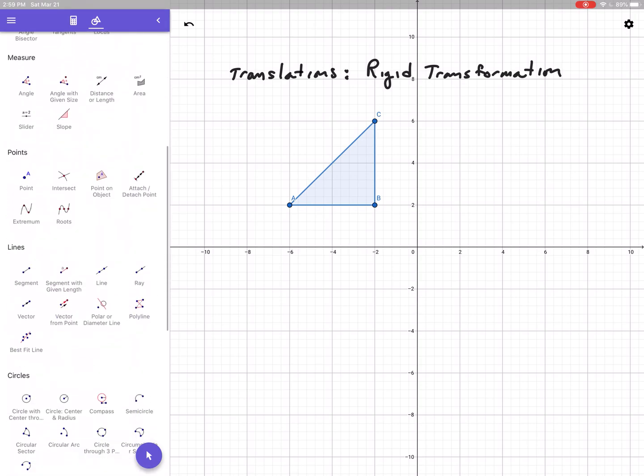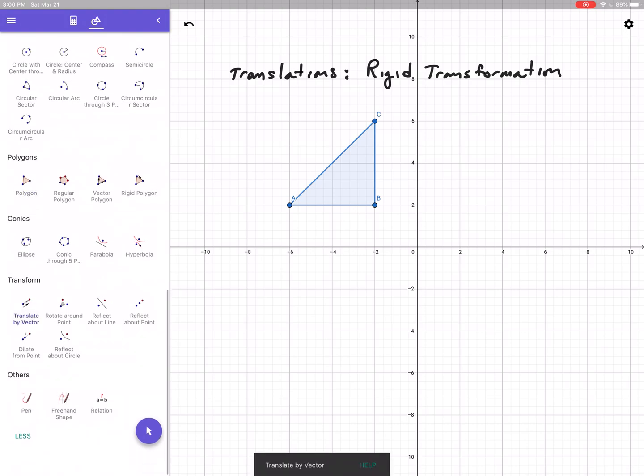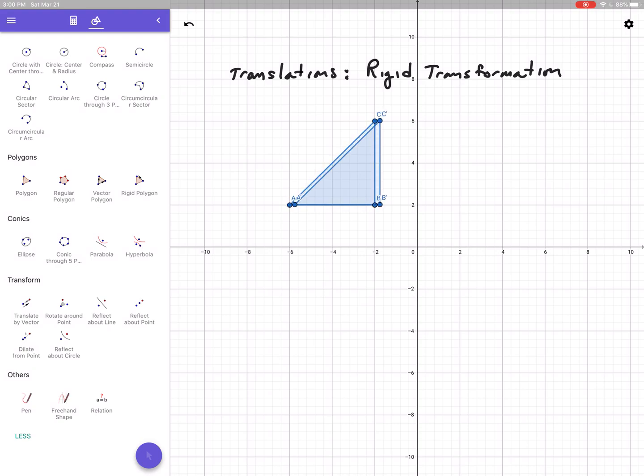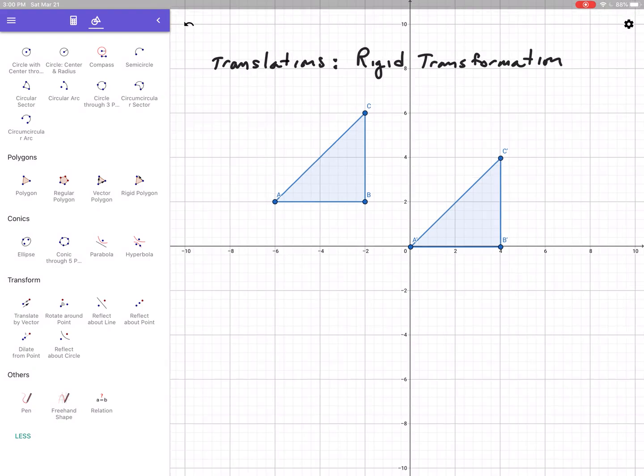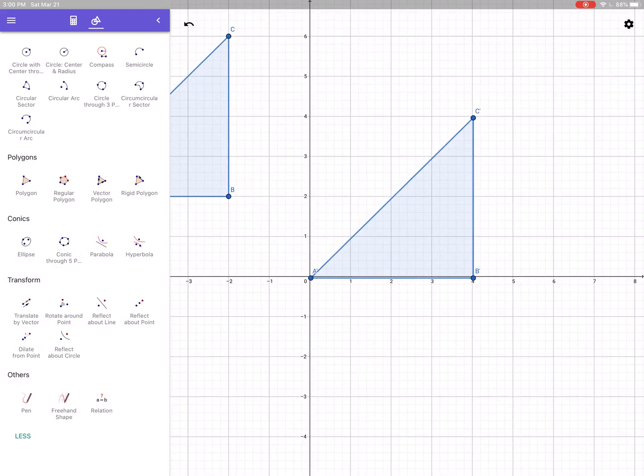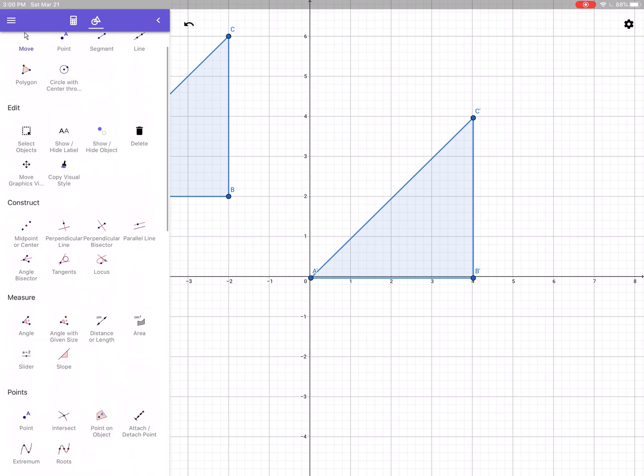We're now going to take that triangle and translate it across the coordinate plane, or slide. You'll notice that it says by vector. Vector is a great word to use, and we can talk about it later if you have any questions about it. So now I'm going to select this, and I'm going to move it over so many units horizontally, and then I'm going to move it so many units down vertically. And I'm going to try really hard to make sure that those points are on the selected point that I want, which in this case